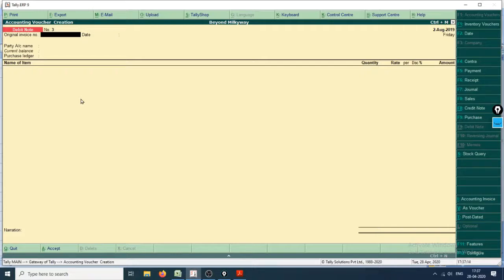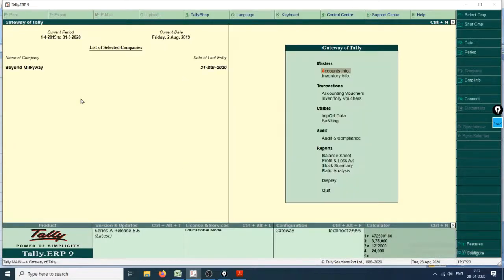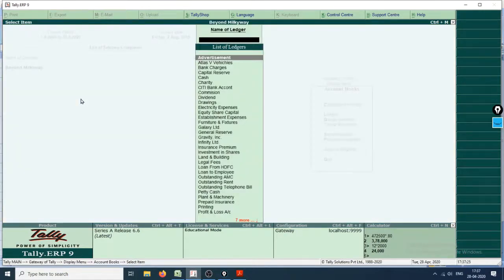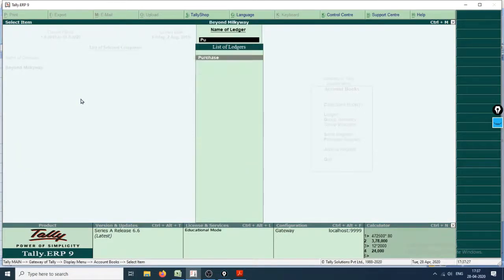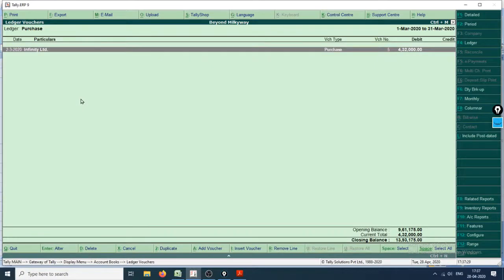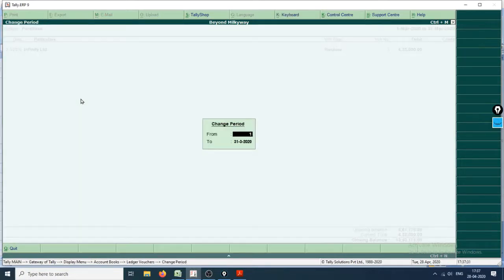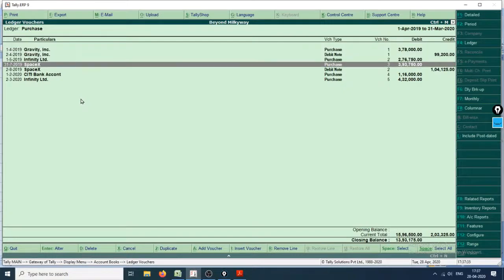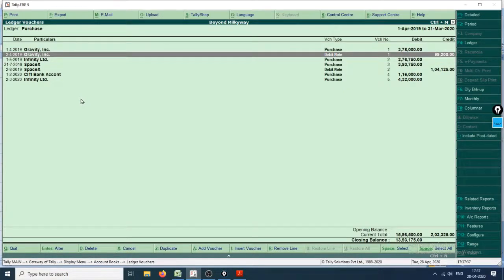Now let's check out the purchase ledger. Escape, Dalpur, purchase, enter, Alt plus F2 for period 14-19. Right here, you can see two entries that say debit note.